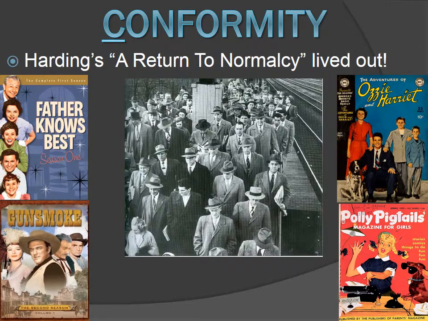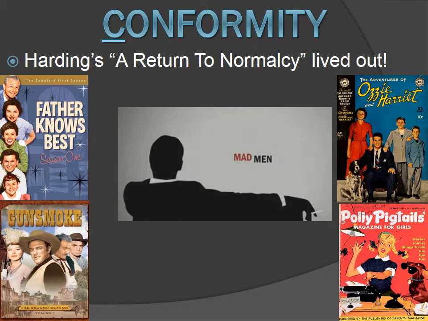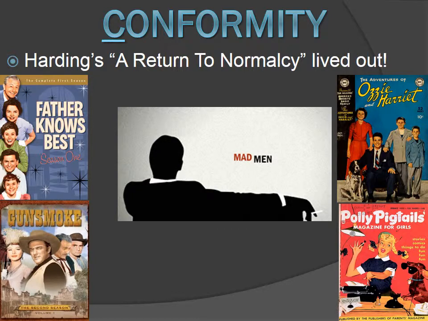Another form of conformity, and I showed you this picture earlier, is that shirt and tie was just the norm. I have no idea what's going on with this individual right here. It always cracks me up when I take a look at this picture that this individual is kind of being nonconformist by not wearing a shirt, tie, and a hat. But conformity was the big thing, and this is transferred into our TV shows such as Mad Men, if you happen to watch that, which kind of shows what it was like to be a man and what it was like to be a woman during this time period.